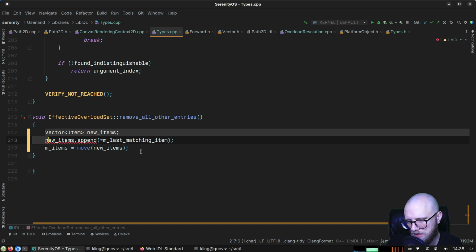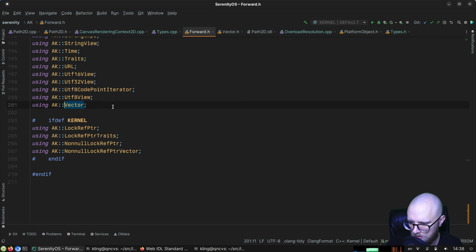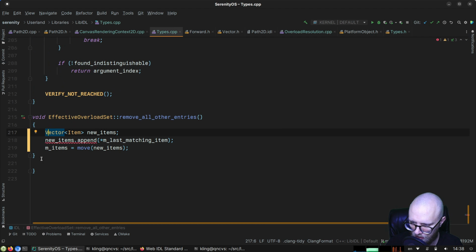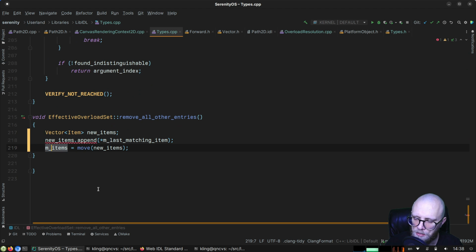Although this will heap allocate. I don't know. I mean, if this thing were to be a bottleneck, what we would do here is just put some inline capacity on it or whatever, and then it wouldn't heap allocate anyway. But let's not micro optimize things that are not known bottlenecks or issues. So for now, we will just do,